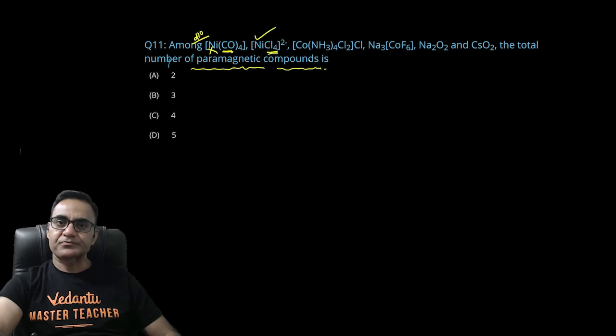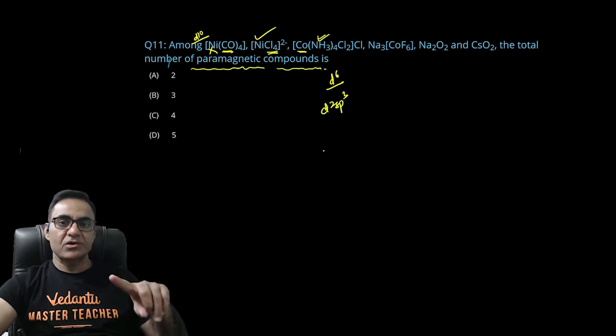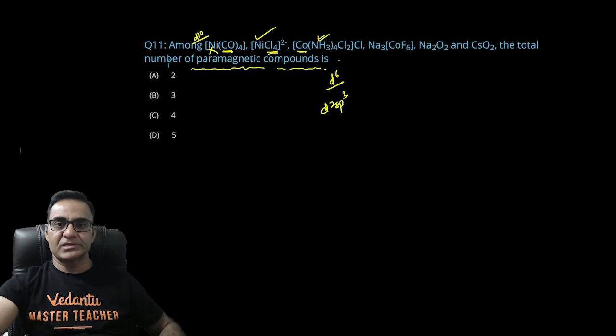ये पैरामैग्नेटिक होगा। कोबाल्ट यहाँ +3 है, और कोबाल्ट +3 D6 होता है, और D6 में अगर हमारे पास स्ट्रॉन्ग फील्ड लिगेंड आता है जो कि अमोनिया है, तो ये एक्चुअली d2sp3 हाइब्रिडाइजेशन दिखाता है, और d2sp3 में जो 6 इलेक्ट्रॉन डी के हैं वो 3 ऑर्बिटल में पेयर फॉर्म में रहते हैं, तो ये भी आपका डायामैग्नेटिक होगा,